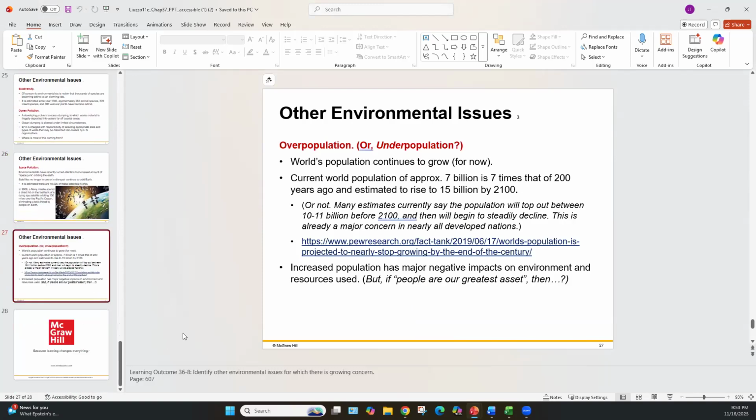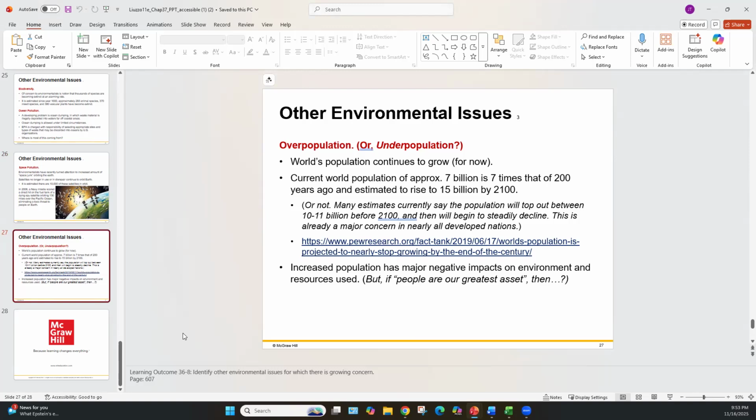Other environmental issues include overpopulation or underpopulation. China is in a big problem, as their birth rates are too low to keep up production. If any of you follow Elon Musk, he's always telling people to have more kids. And then you've got the Bill Maher side always saying, don't have kids, it's overpopulated. But again, this is one of those us-and-them discussions where the true answer hasn't been fleshed out. We don't have to have that argument here, though.